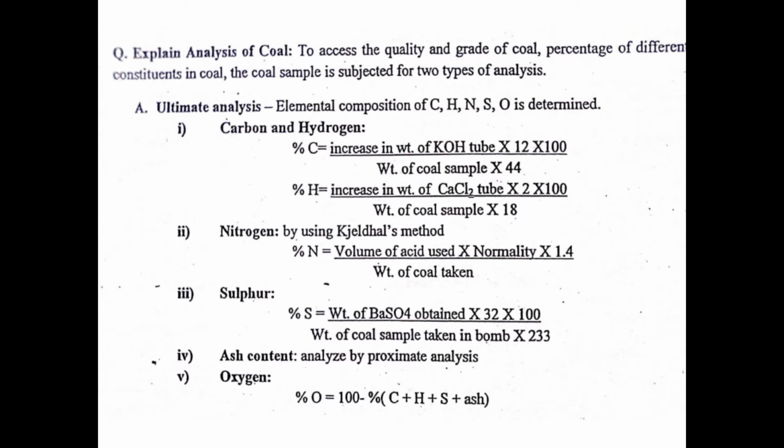method. Through the ultimate analysis method, we measure the composition of carbon, hydrogen, nitrogen, sulfur and oxygen present in fuel. First one, carbon and hydrogen, in which the percentage of carbon and hydrogen is measured by using 1 to 2 grams of coal sample, burning it in a current of oxygen, in which carbon and hydrogen are converted into carbon dioxide and